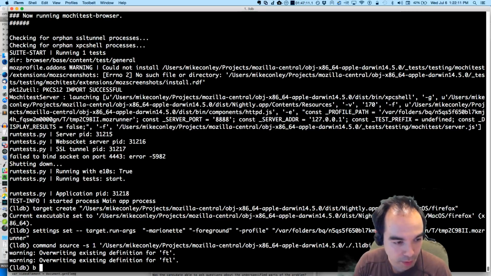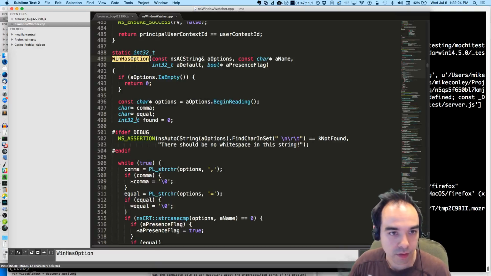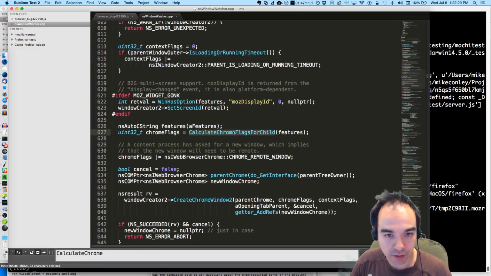So I'm going to set a breakpoint in the parent. nsWindowWatcher calculate Chrome flags for child. Is that? No. Calculate Chrome flags for child. Should be.